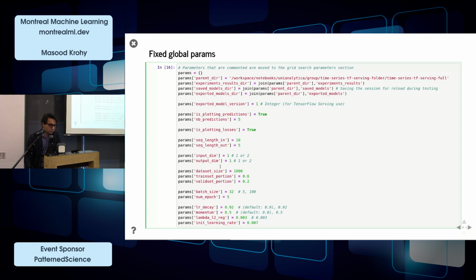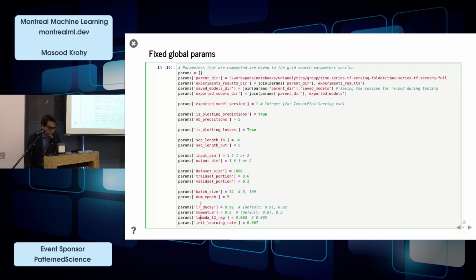The mock data that we are generating is a simple sine wave, and the model is going to learn that. So it's a very simple function, and so the training is going to go fast. And for that, we're just setting the dimensions to 1 and 1. Data set size is basically 1,000 pairs of these time series that I just explained to you. And we divide it 60%, 20%, 20% between training set, validation set, and test set. And the rest is